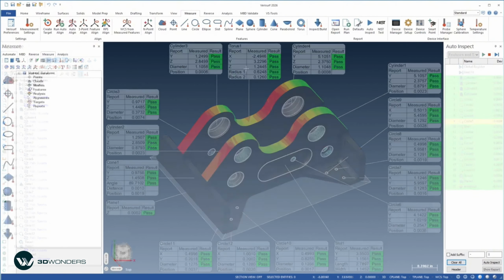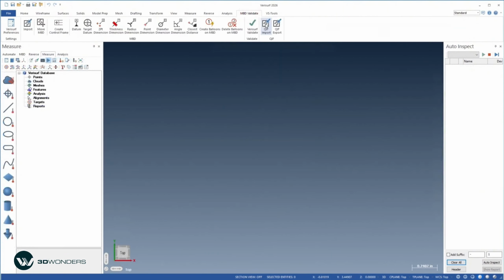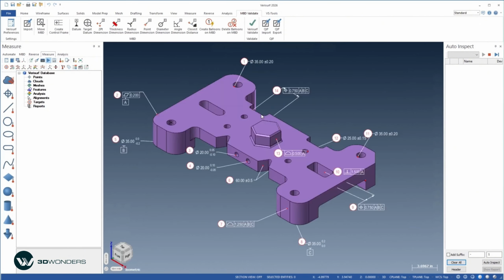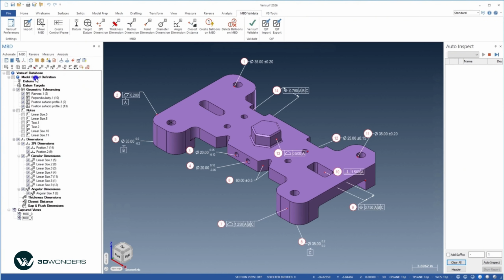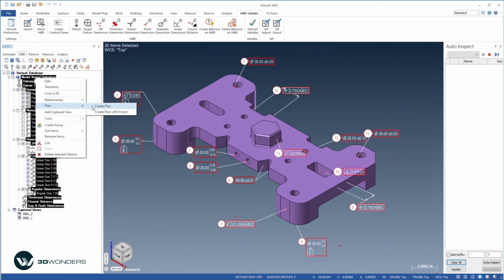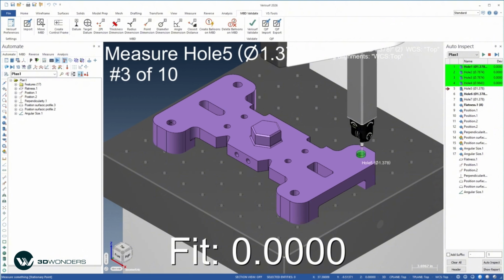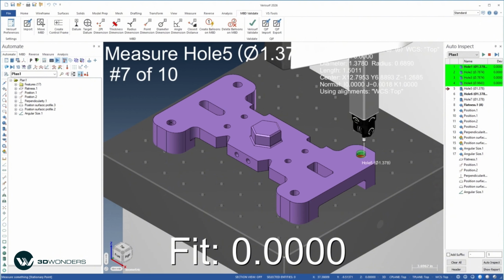measurement outcomes. Verisurf 2026 supports the direct import of QIF files, including CAD geometry, GD&T callouts, dimensions and tolerances, and characteristic definitions and IDs for use in part inspection. Inspection plans can be created automatically from the imported PMI to facilitate part programming. The finished plan can then be used to check the part on a CMM or another device using Verisurf Auto